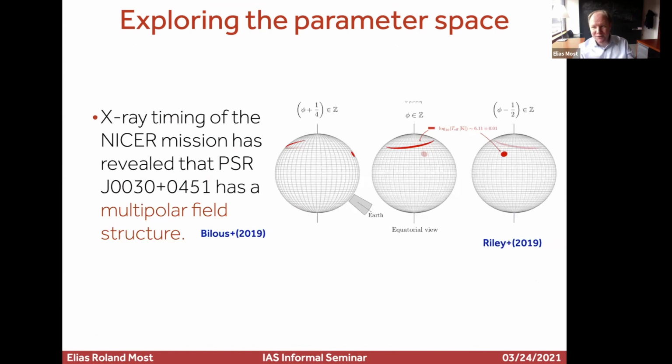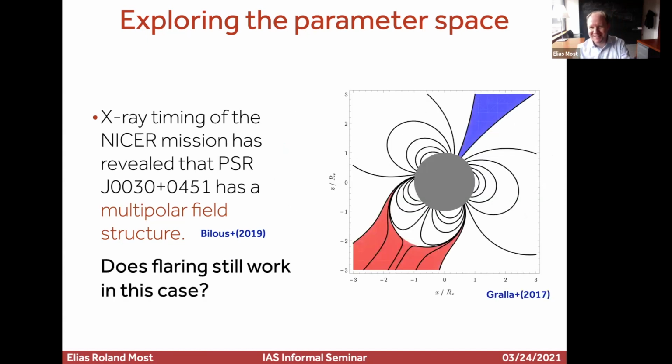You can also ask, and that's more of a recent question, there was an observation from the NICER mission that indicated that neutron stars don't have dipolar fields close to the surface, but instead there was some multipolar substructure, and they get that by doing hotspot modeling. So instead of just getting the spot that you would get for a dipole, you also get this crescent shape. And we just said, okay, why not try this out? There are some formulas for quadrupolar, quadru-dipolar field configurations where, similar to this crescent shape, you can basically produce a small quadrupolar component close to the star.